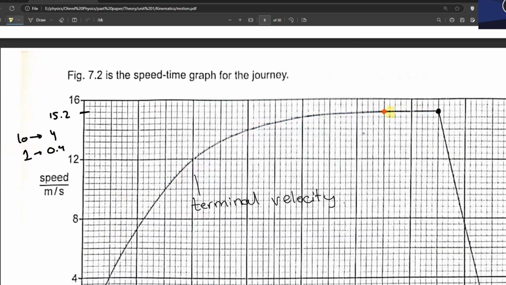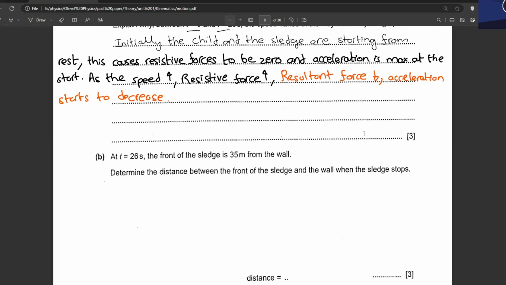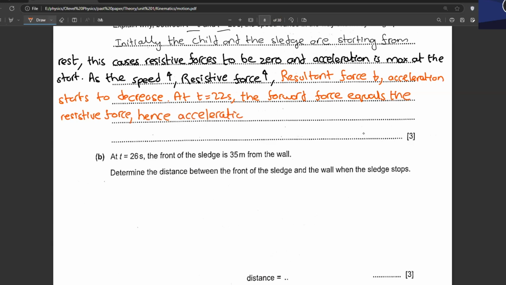Can you see here what is happening? The velocity has gotten constant. It has become horizontal. So the final point by an A star student will be at time t equals 22 seconds, the forward force equals the resistive force. Hence, acceleration reduces to zero, or you can say drops to zero,